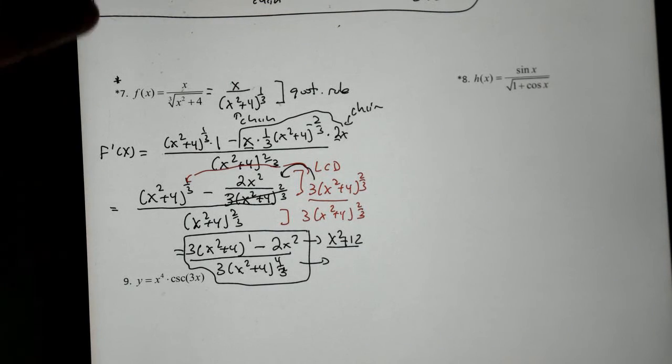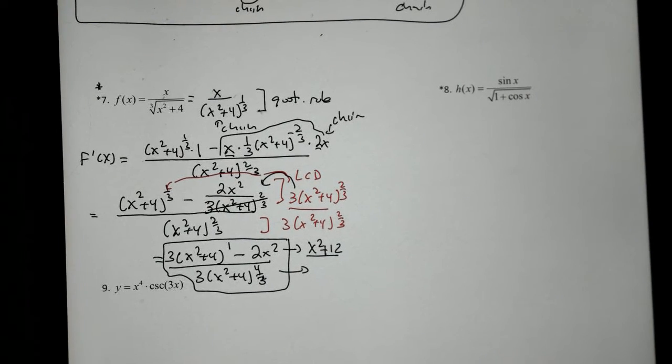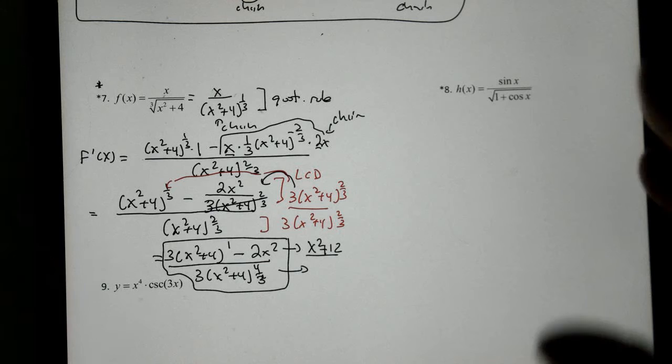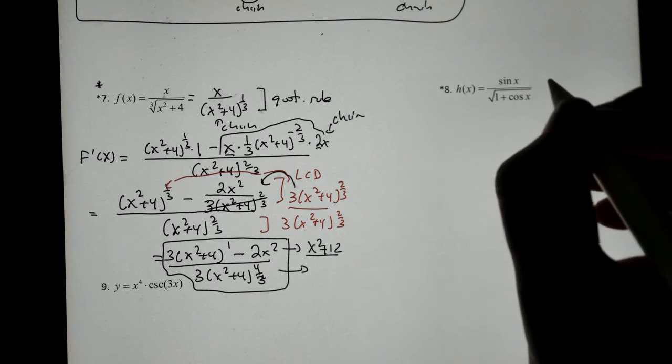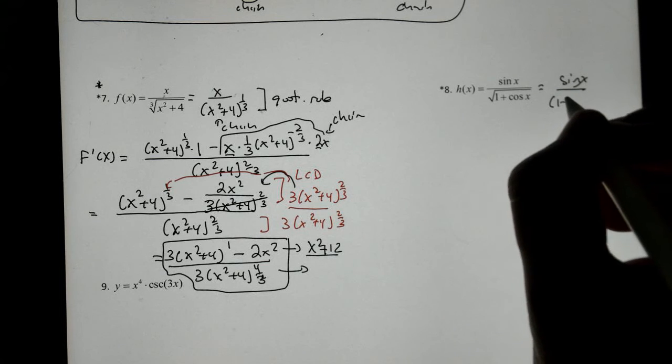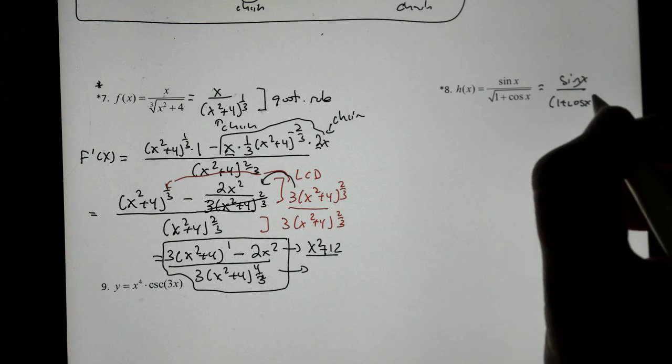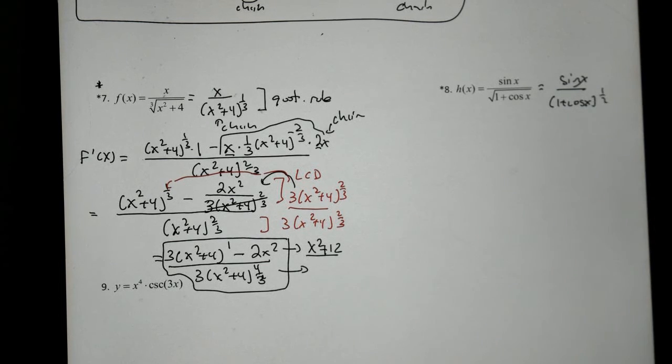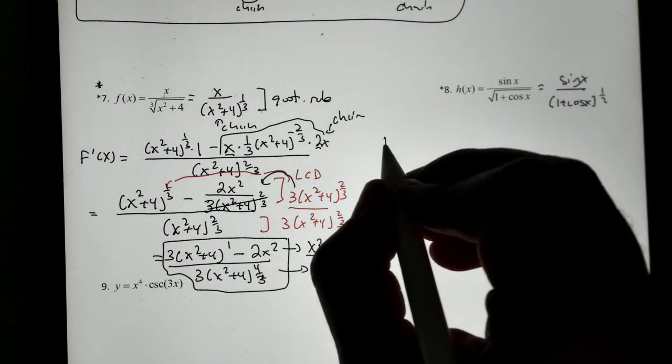So let's try number 8. Now, of course, number 8 is going to be a little bit trickier. Okay, so when we take the derivative, again, I'm going to rewrite this. I'm not a big fan of radicals. I'm very conservative in my life. Then we get this 1/2. When we take the derivative,